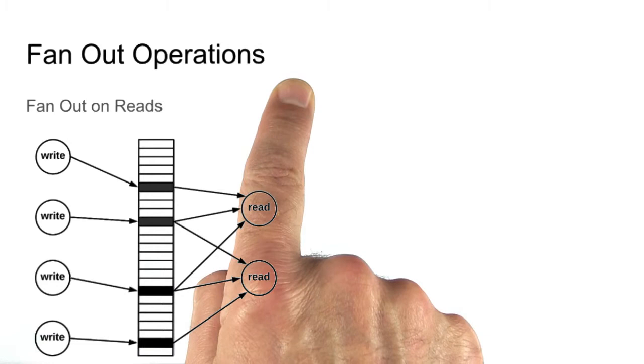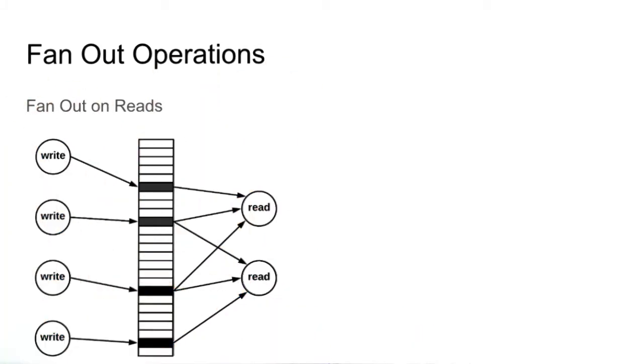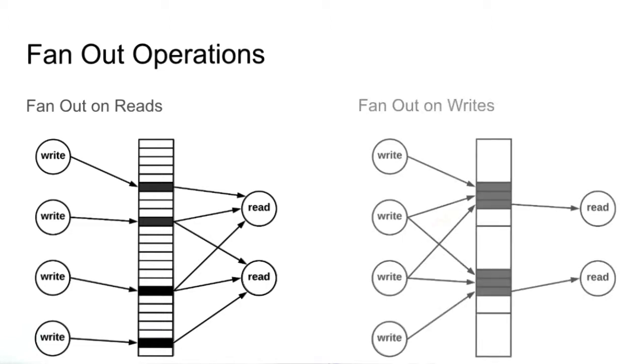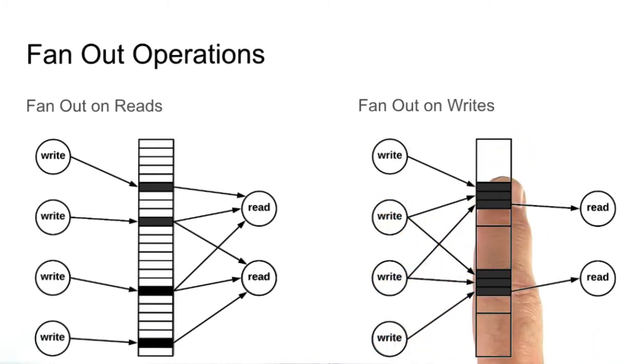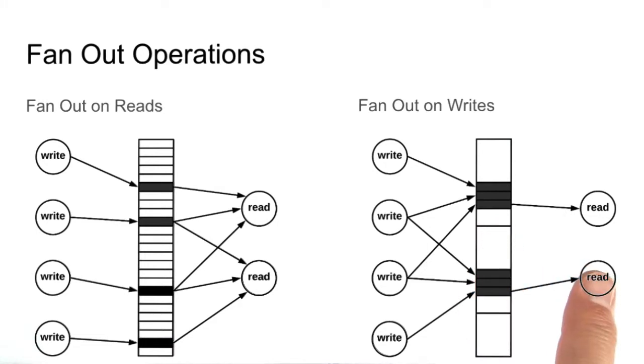Fan-out operations. First, what does fan-out mean? It means to do many tasks to represent one logical task. There are two basic schemes. Either you fan out on reads, which means in order to return the appropriate data, the query must fetch data from different locations, or you fan out on writes, which means every logical write operation translates into several writes to different documents. In doing so, the read does not have to fan out anymore, as the data is pre-organized at write time. If you don't pay attention to this pattern, you are likely doing fan out on reads.